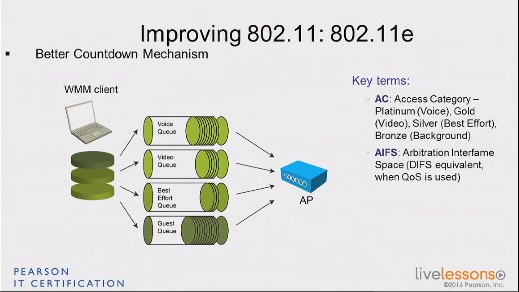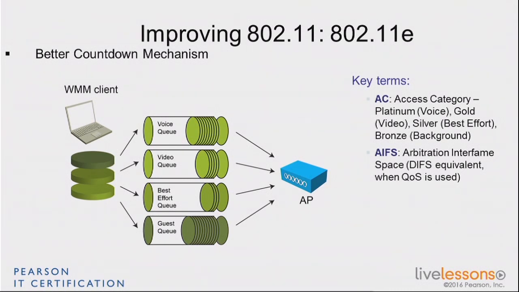So they said it's not very practical because we need a way to give more priority to the voice packets, because this is real time, than to less critical packets like FTP. So they designed a different system where you can create up to 4 access categories in your laptop, in your access point, and then you can classify traffic based on one of these 4 categories. AC is access category. You see these categories on the side. You don't need to know them by heart, but it's useful because if you continue in Wi-Fi, you'll see them all the time because QoS is so important.